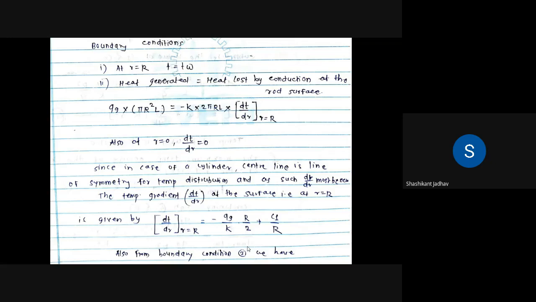सेकंड बाउंड्री कंडिशन इज from this diagram, heat generated. So whatever the heat generated within that element is equal to what? Heat lost by conduction at rod surface. जी काय हीट कंडक्शन होऊन रॉड सरफेसला जी काय लॉस होणार आहे ती कशा एवढी असणार आहे, हीट जनरेटेड एवढी असणार आहे. सो हीट जनरेटेड इज इक्वल टू हीट लॉस्ट बाय कंडक्शन at rod surface.